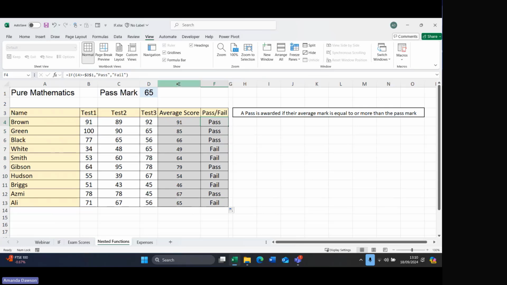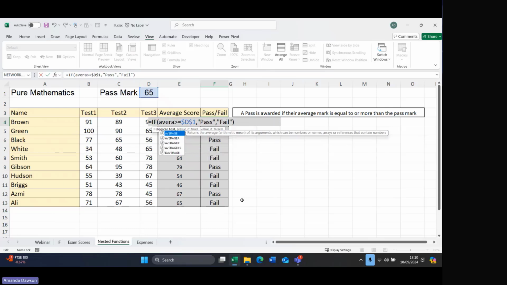Now that's all right, but I've got this extra column here that calculates the average score, and I don't really want to have an extra column. So in my IF, instead of referring to E4, which is where I've calculated the average, I'm going to replace it with that function that's calculating the average. So I'm going to get rid of E4, and I want the AVERAGE, open brackets, of the 3 tests, close brackets. So if the average of those 3 values is greater than or equal to D1, then it's a pass,